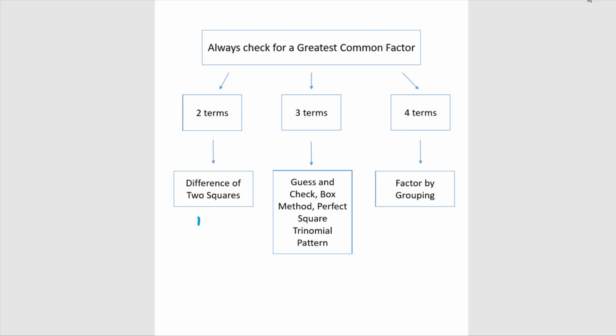Yes, okay. The difference of 2 squares is where you have something like x squared minus 9. Both of these are squares. X squared, and 9 would be 3 squared, so we can split that up into x plus 3 and x minus 3. So that's the difference of 2 squares. That's the only thing that works for this. If it is x squared plus 25, that's not the difference of 2 squares, that's the sum of 2 squares. That can't factor. If it was x squared minus 10,